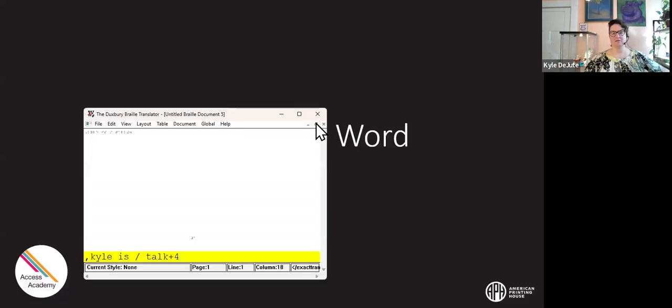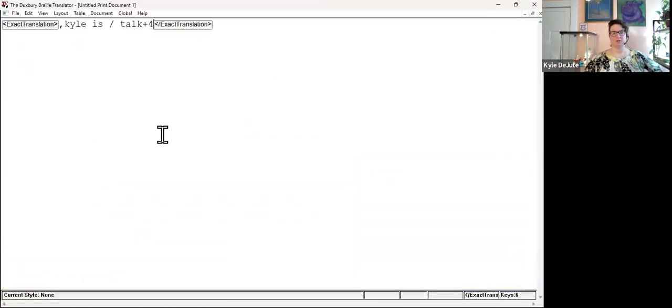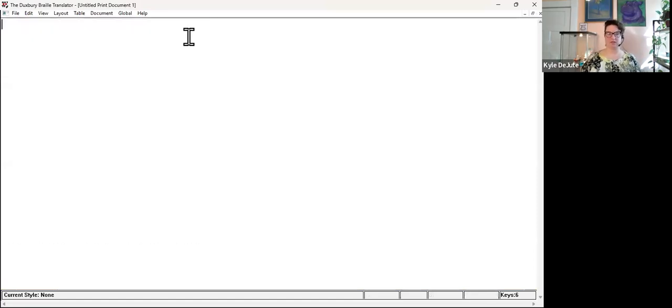So real fast, based on your question, if I were working in a DXP and I left it with 6 key entry on, I can't touch type on a QWERTY keyboard in print with 6 key entry still turned on. Better press F2 in Duxbury to toggle off 6 key entry. And so I had maybe the phrase column 1 and then column 2, and I want to somehow space between them. I could hit the space bar a bunch of times,